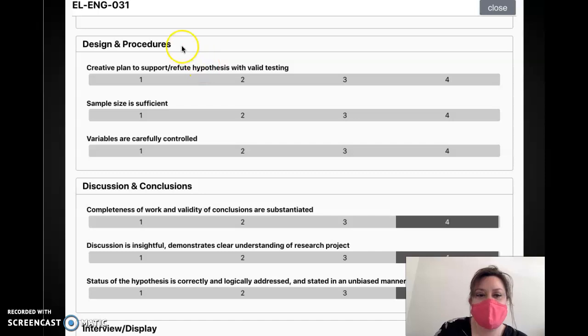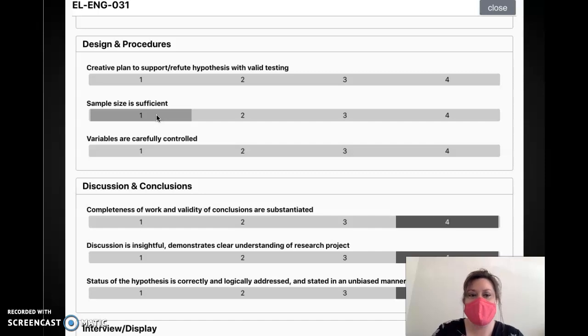One part that students often have a hard time with is a sample size being sufficient. So oftentimes we see projects like, I'm growing plants and I'm growing them with different types of music to see if that changes their growth. And they'll grow 3 plants and put one with rock music and one with classical and etc. And they'll just have 3 plants and expect to find enough data. Or they'll do a behavioral analysis where they'll look at if people want to eat blue food or a different color of food, or if they can taste test something that's a different color. And those sorts of things require very large sample sizes in order for our data to be considered valid.